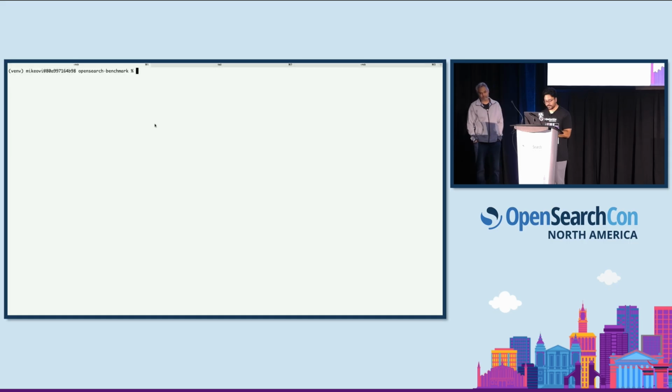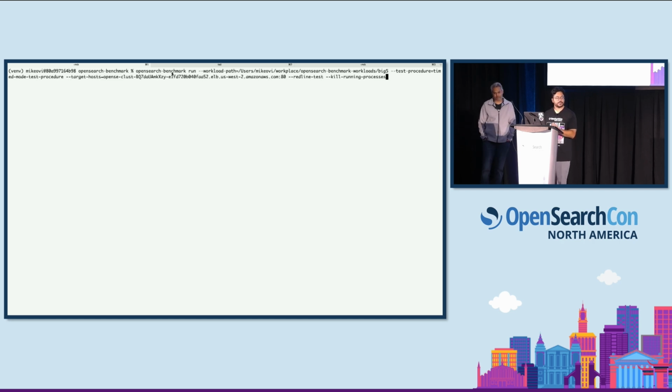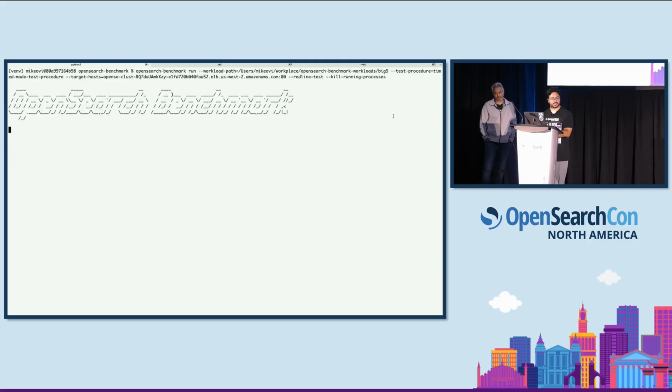All right, so over here in this window, I've got the command ready. If you've used OSB before, this is going to look familiar. If not, all we're going to do is invoke OSB with the OpenSearch Benchmark. We're going to tell it that we want to run a load test, and then we're just going to pass in that workload and test procedure that we just talked about. And then this target host is just going to be the cluster that we're testing. Now to make it a redline test, all we have to do is add this --redline-test flag. So if I go ahead and run that,